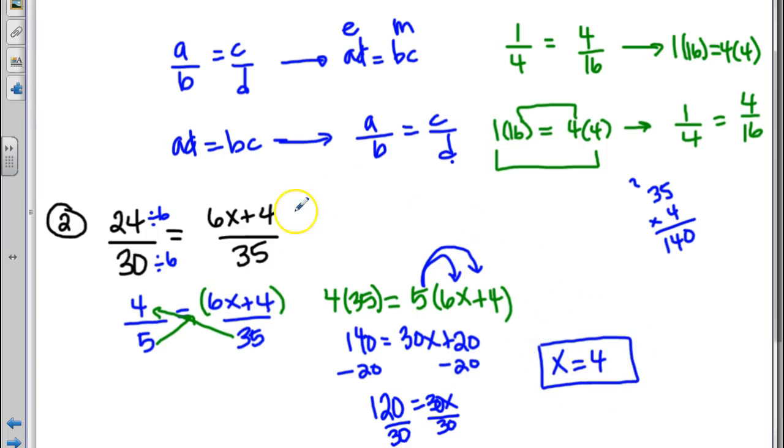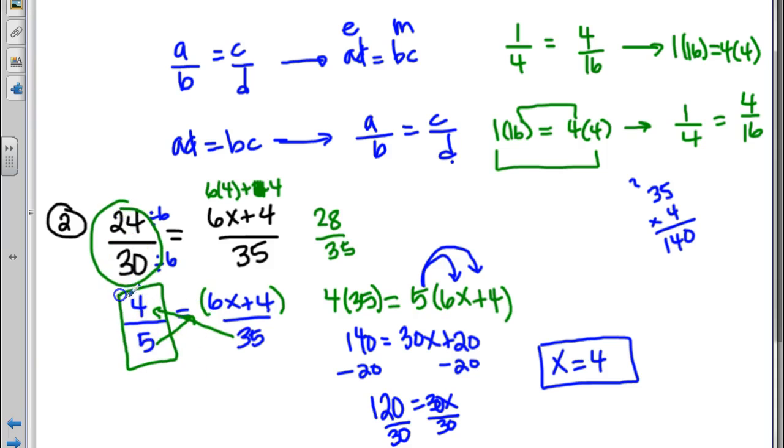Now our check is to put 4 back in and make sure that we get the same numbers. So 6 times 4 plus 4. 6 times 4 is 24. 24 plus 4 is 28. So 28 over 35 obviously is not the same as 24 over 30,